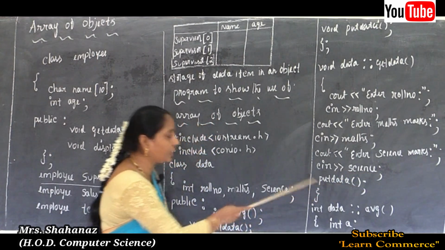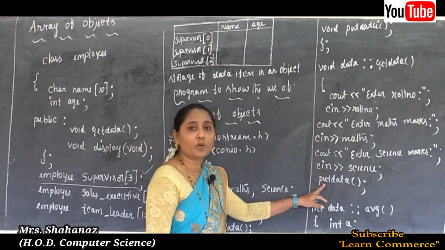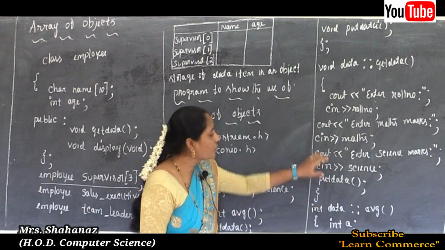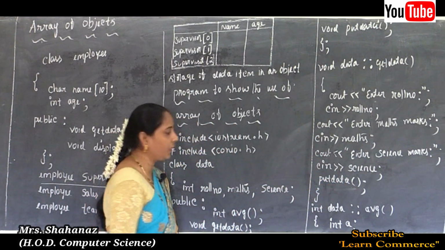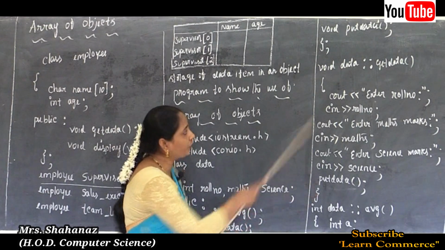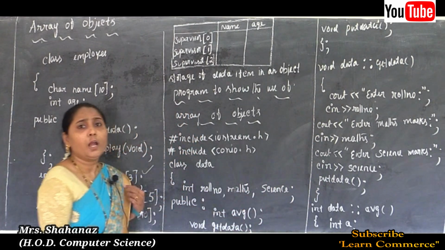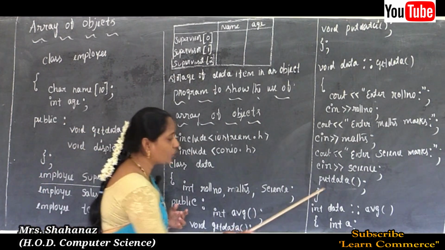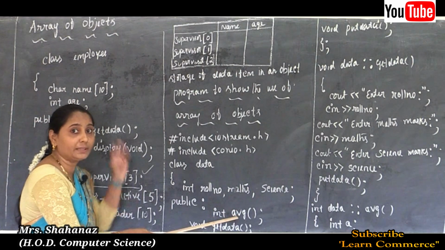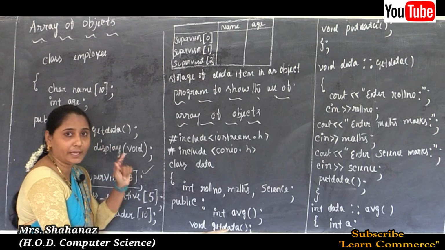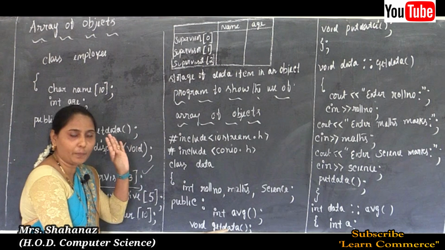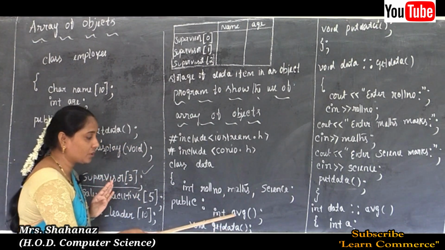And about the put data, I will tell about this later. Because something I wrote by using our put data member function. Clear this point here. So about the put data, let's see later. We opened the flower bracket, and such a flower bracket is going to close here after completing the get data member function information. And next, the second function name is the average. In public, 3 member functions are there. We already defined the first member function, that is the get data member function, and the second member function is the average.